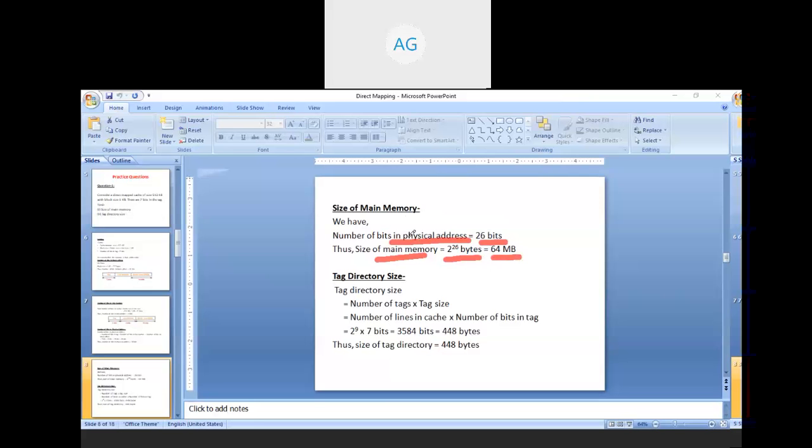So this concludes the first part of the question, the size of main memory. Now how can we find the tag directory size? It is given by this formula: tag directory size is equal to the number of tags times the tag size, which can also be translated into the number of lines in